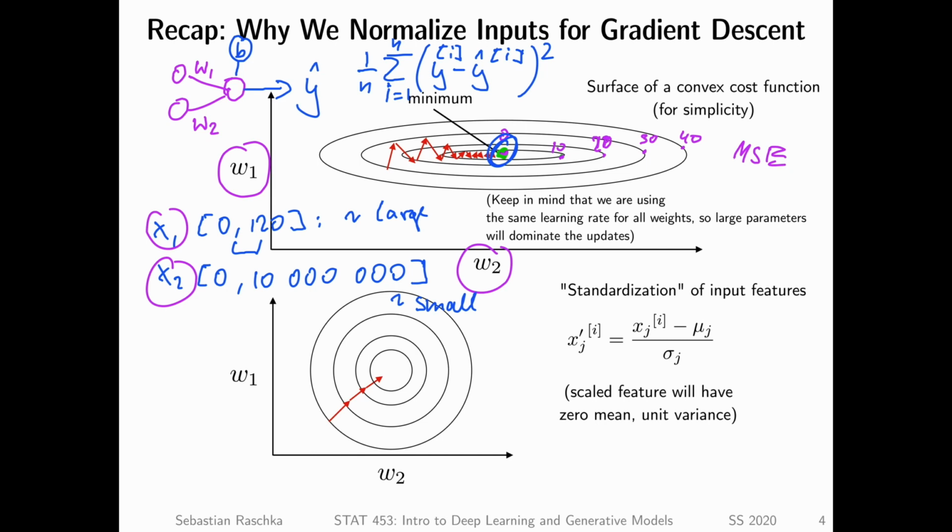But then usually you choose one learning rate for all the weights. When you use gradient descent to update a weight, you write w_j at time point t plus 1 as the previous weight at time point t, minus the negative gradient times the learning rate. Let's call the learning rate eta, times the partial derivative of the loss with respect to that weight. Usually we use the same learning rate for all the weights.